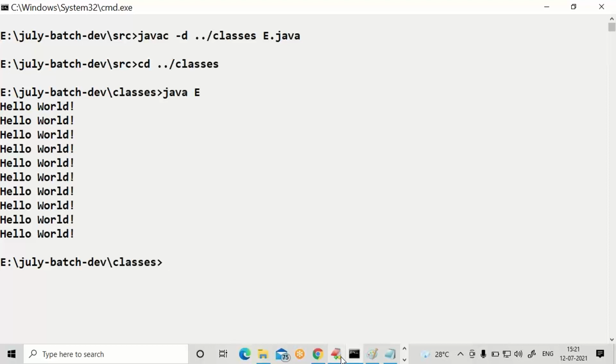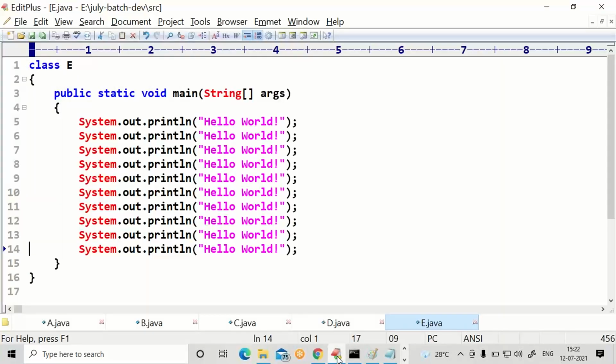For every modification, you need to save the file, go to SRC, compile it, come to the classes folder, run it. These many steps you have to do for every modification. Now, go back to E.java, try modifying one more time.